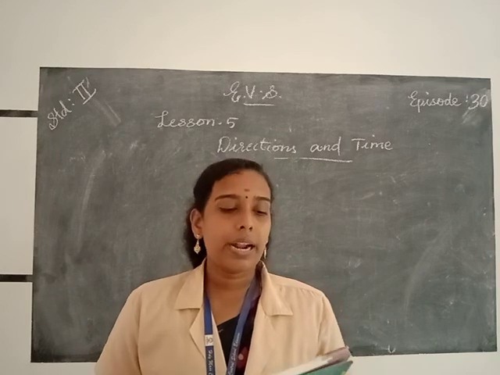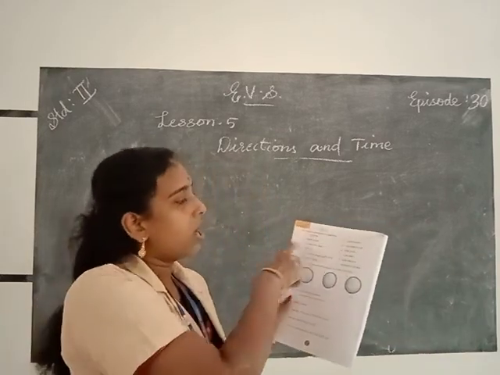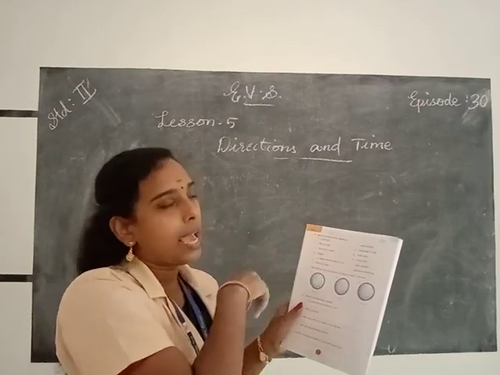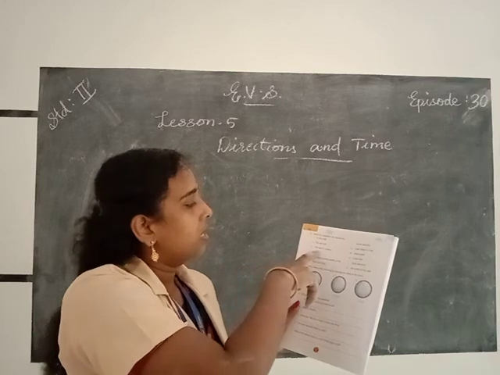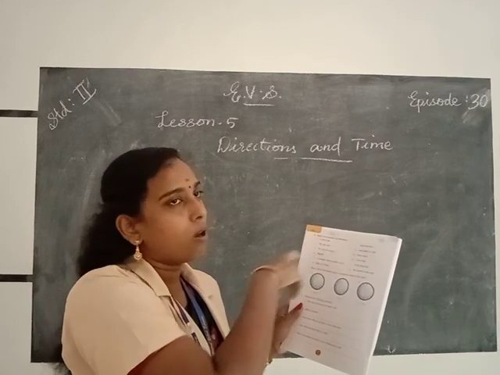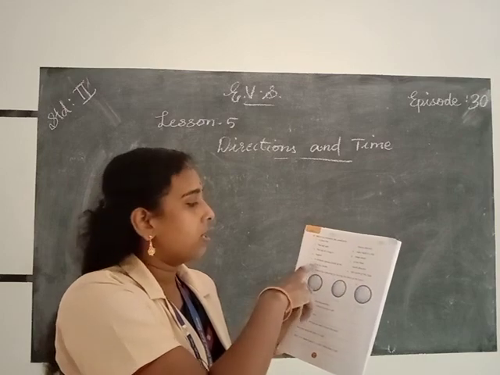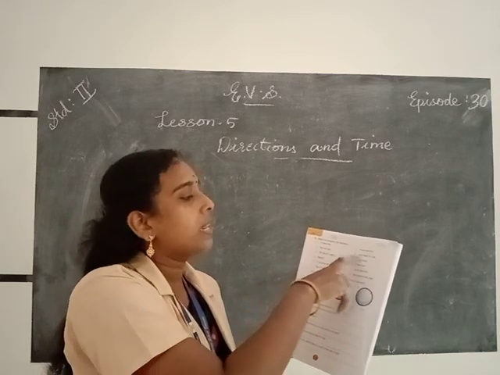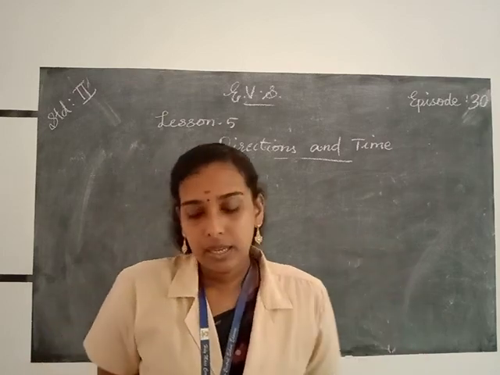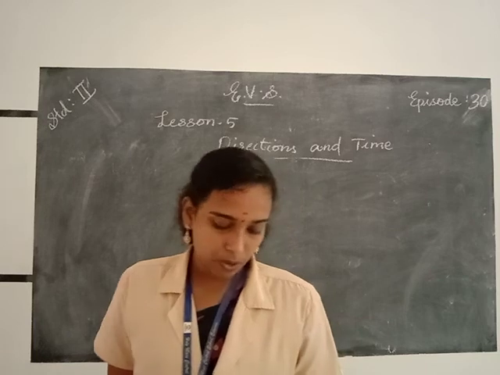Page number 166. Here is match the following questions. A clock has 3 hands. The sun sets in the west. The top of the map, north direction. In August, 8th month of the year. A compass always points the north direction. There are 3 main meals in a day. So you match the following with your pencil in your textbook. Okay.